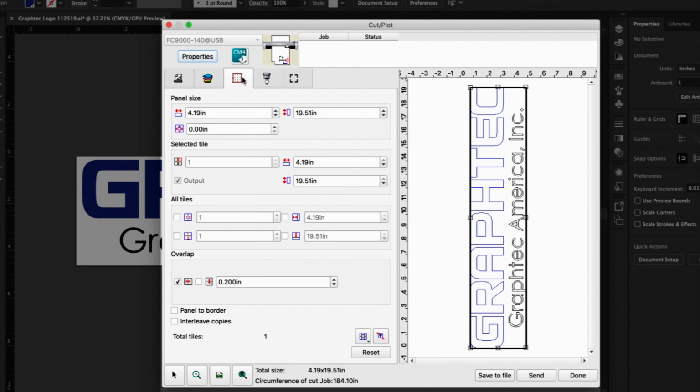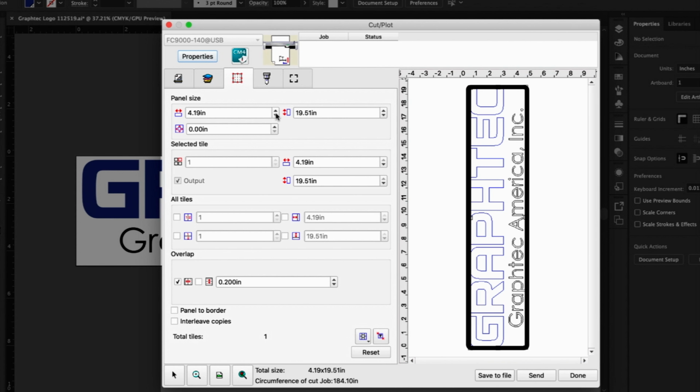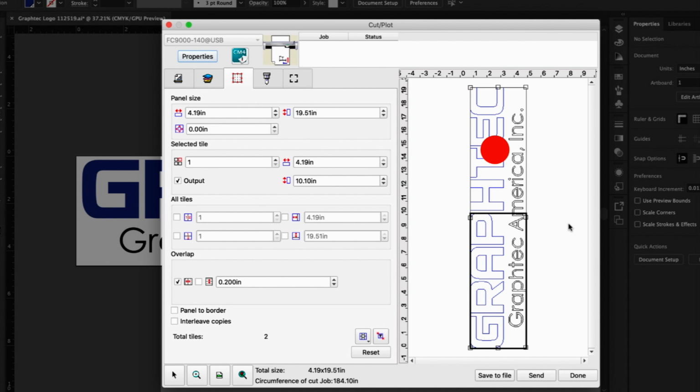The next tab is used for paneling our job designs when they need to be split up or paneled due to the size of the job. Let's go over a few of the options. Notice within the media display area, there is a thick black rectangle around the graphic. This indicates that there is only one panel to be cut as one piece. But if we were to grab the top and drag it down, we can split the job into two panels. In other words, if we were to cut this job design, it would cut one panel and then the other. This is helpful for longer jobs that need to be split up to make the installment of the design manageable.